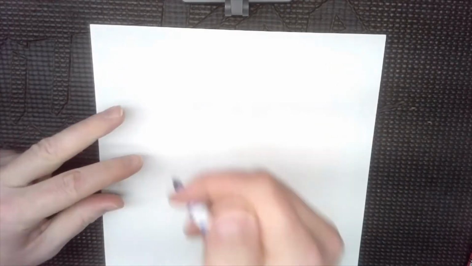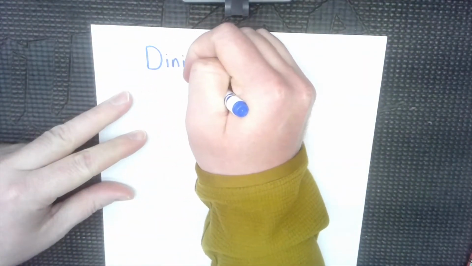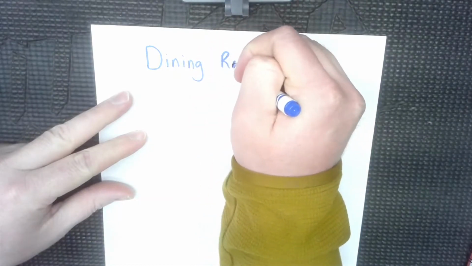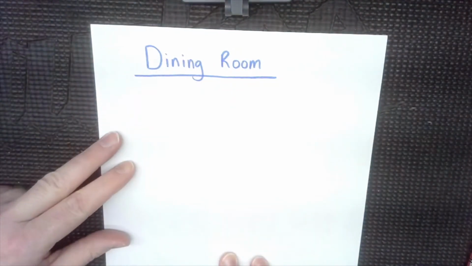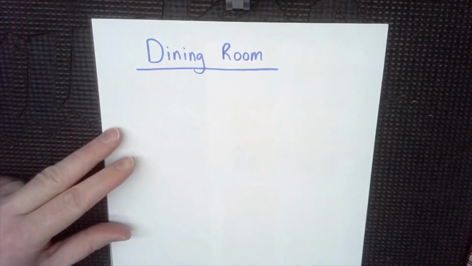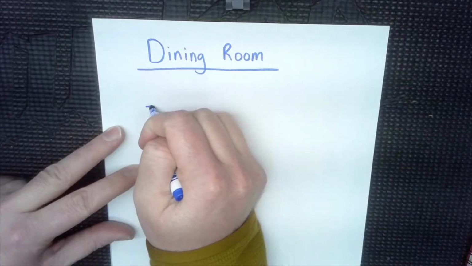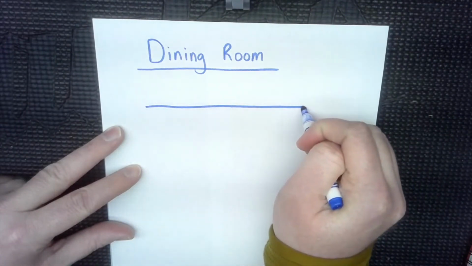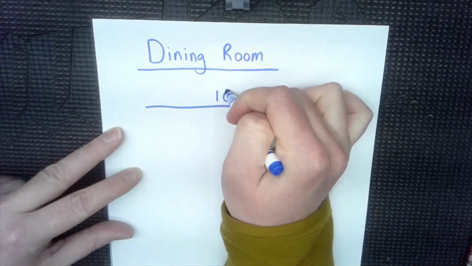So in my house, I measured the length and the width of our dining room. So I'm going to label my paper, and I'm going to write that I measured the dining room. Now, in the dining room, I figured out the length and the width by using a tape measure, and I measured it like this. I noticed that there was this length, which was 10 feet,